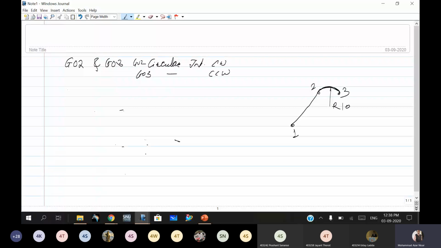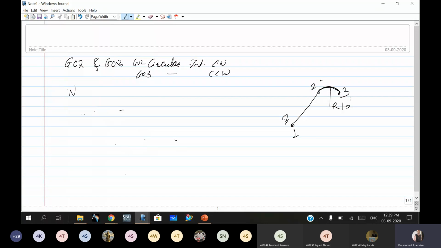You have to complete this profile by using these two codes. Again, if it is linear here, you require G01 also. This direction will become 1, then 2 and 3. We will see how to program that using these codes.